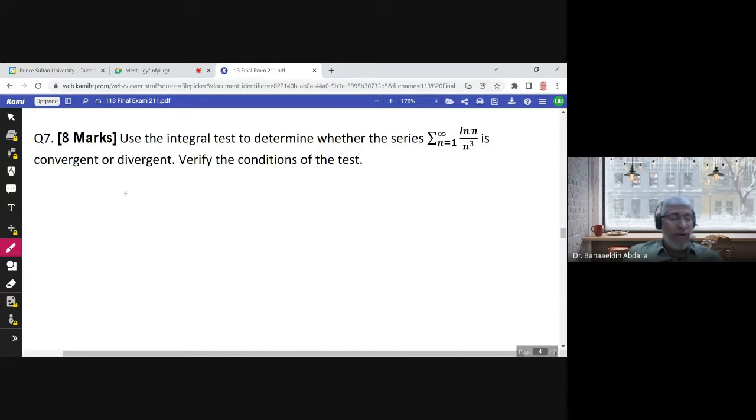We have f of x. This is a_n, so f of x would be ln x over x cubed. And the conditions: ln x over x cubed should be positive. Of course, it is positive for n from 1 to infinity. ln 1 is 0, so after 1 it would be greater than or equal to 0. Positive, or you can say greater than or equal to 0. And it is continuous, of course,